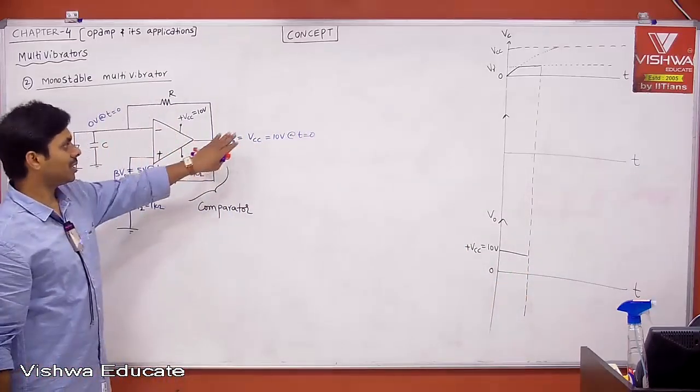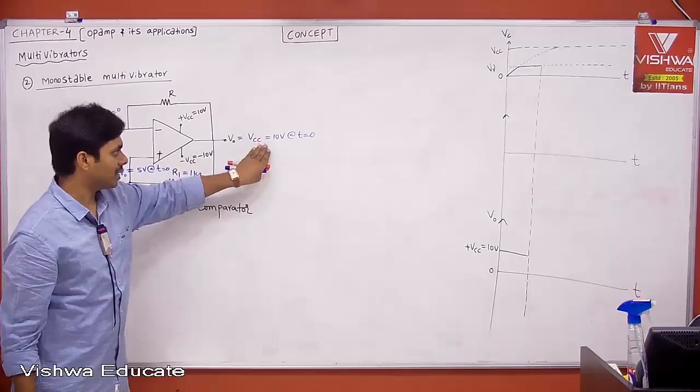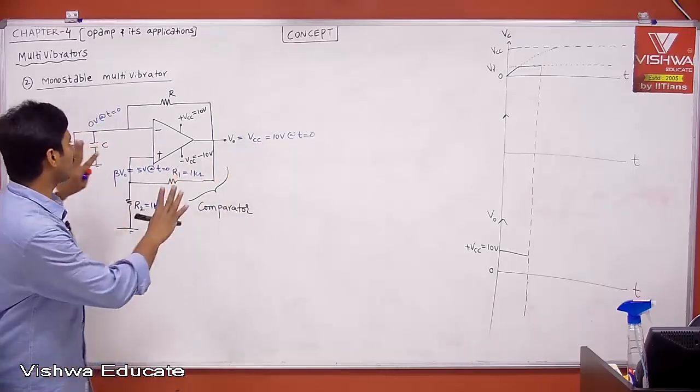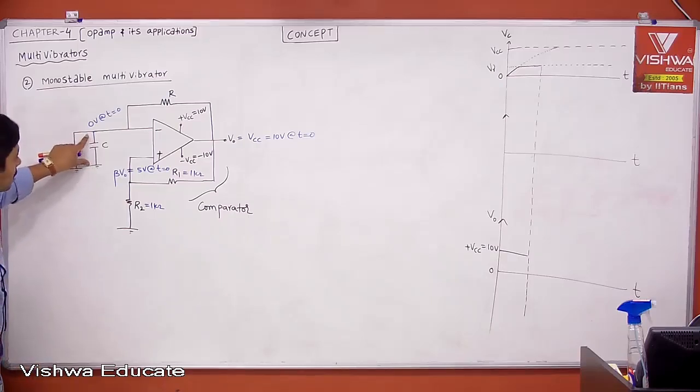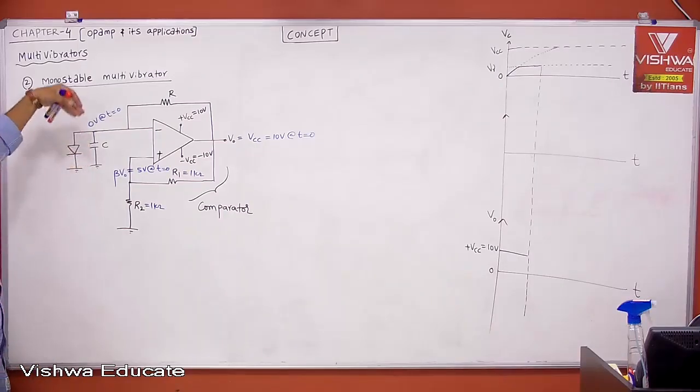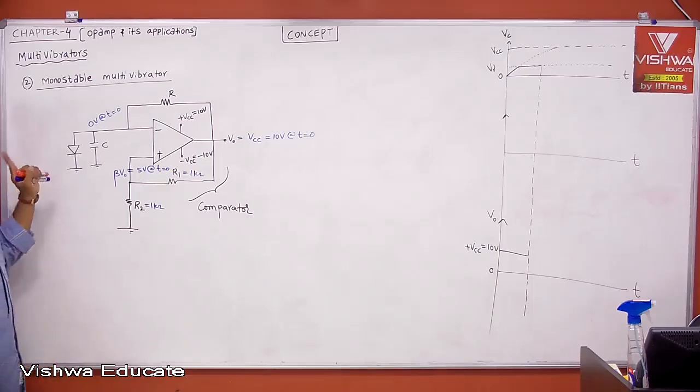Therefore, when the output is at 10 volts, or at VCC, or logic 1, this is called the stable state. Why is it becoming a stable state? The PN junction diode is limiting the voltage across the capacitor so that it does not cross V gamma. Once the PN junction diode is conducting,